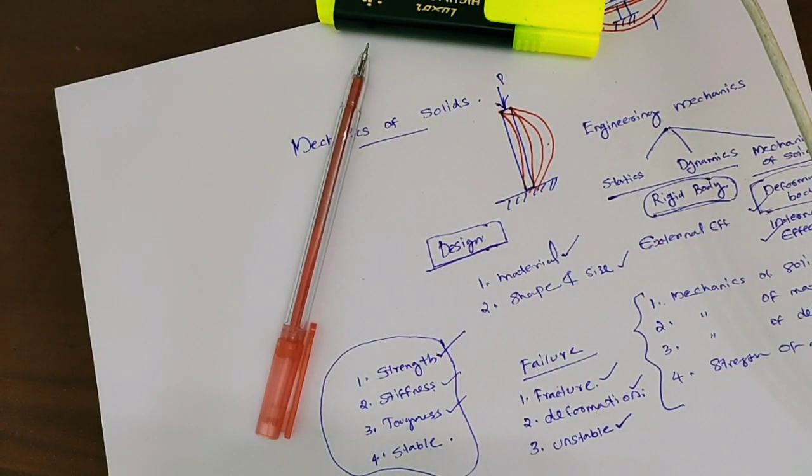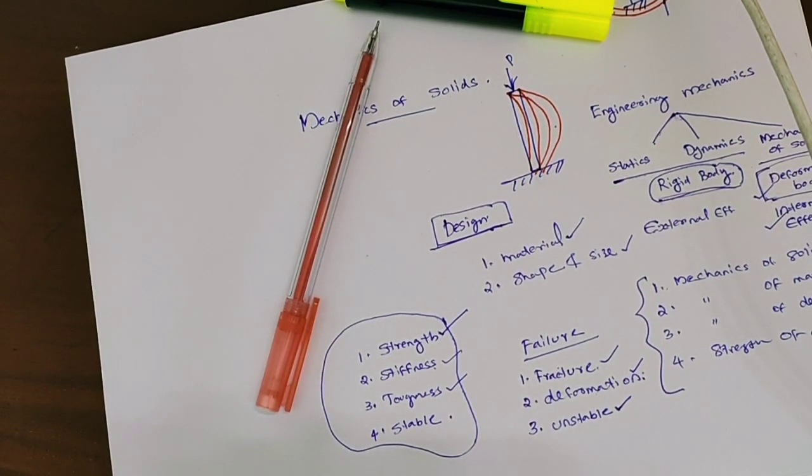Similar to this column. Under external load P, the column tries to maintain the equilibrium condition, which is a stable condition. But if we increase the load P, at some point it may lose its stable condition and lead to an unstable condition. So while designing any structural member, it should have enough stability. So these are the four criteria